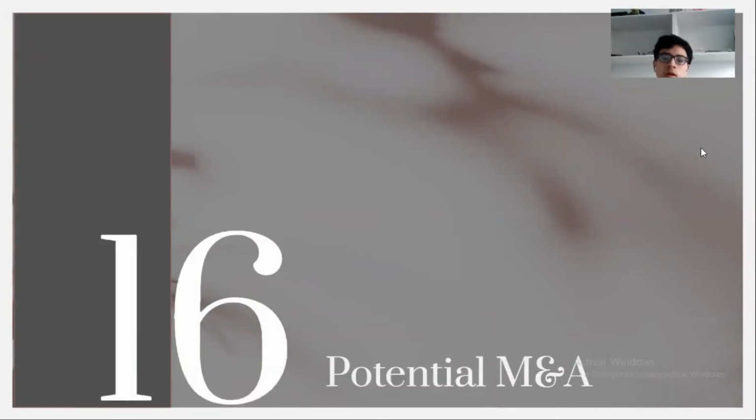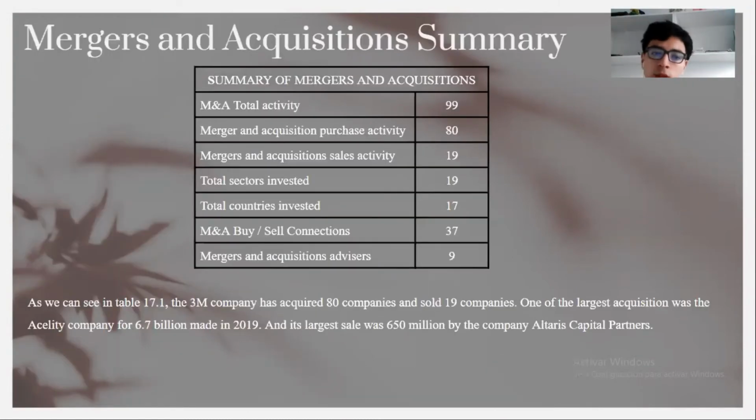Well, the potential M&A acquisition summary: you could see the summary of American acquisitions that have a total activity of 1990 and a purchase of 80 and a sales of 19, and the invest countries was 70, and you could see that the largest sale was Altaris Capital Partner, that is $650 million,